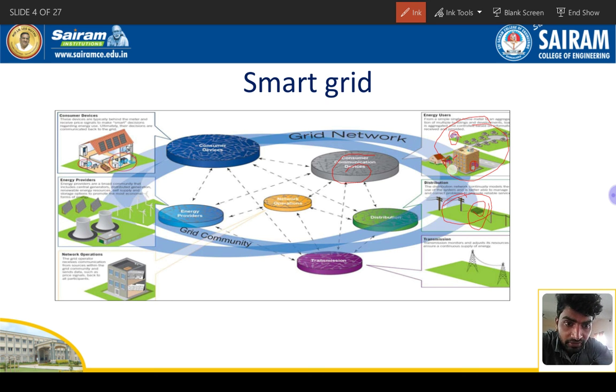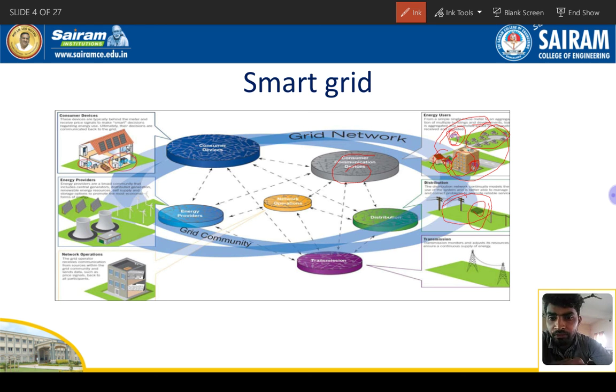This one is a large building, and a large building has one sensor. The sensor is for two-way communication, right. So how much power supply is being utilized and how much power supply we are generating, we can monitor in this. See here, this is another sensor, because we need to know how much power supply is required for these separate houses. And this is another sensor for small consumers, large consumers, and industrial consumers also; we can place sensors. If sensors are present, definitely it's an automatic intelligent power supply system, right.